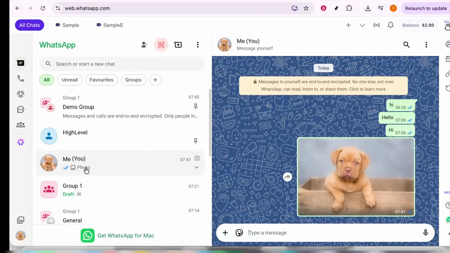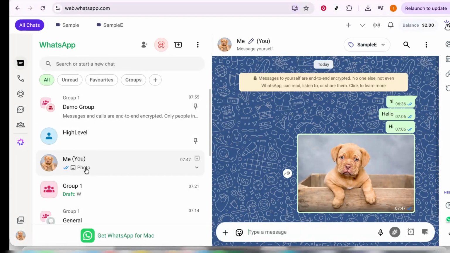In today's video, I'm going to teach you how to copy images from WhatsApp Web. Whether you're using WhatsApp Web for productivity or to stay connected with friends and family, there might be times when you want to copy an image to share elsewhere or keep for reference. Let's walk through this straightforward process together, ensuring that by the end you'll have a solid grasp on how to